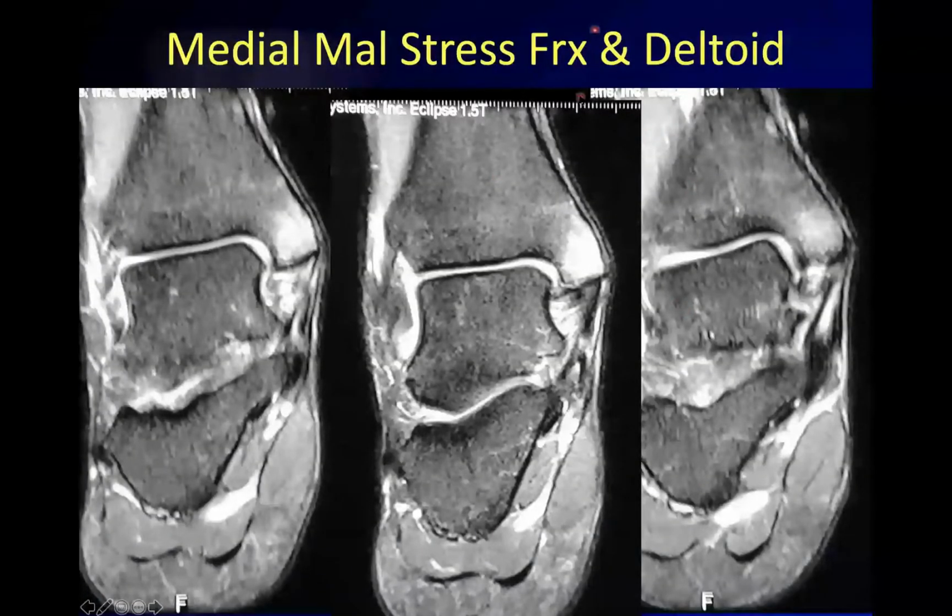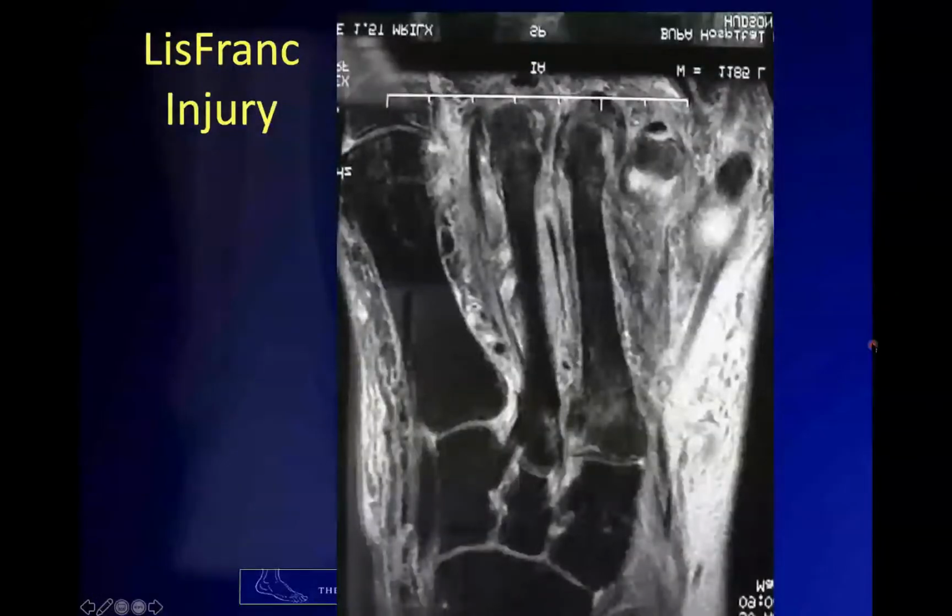Now we're looking at medial malleolar stress fracture and a deltoid tear. This is another one of my patients who is an athlete, and you see the loss of the normal striations within the deep deltoid. You see the edema in these T2 sequences in the distal tibia on the medial malleolus here. And here you see some of the striations of the deep deltoid. Here you see a little discontinuity as well of the deep fibers, consistent with the diagnosis of medial malleolar stress fracture and a